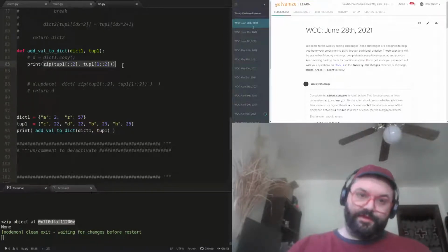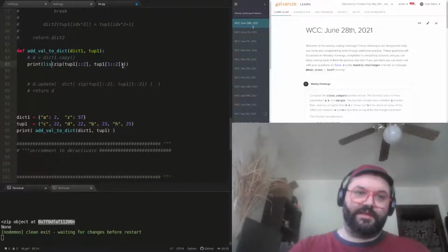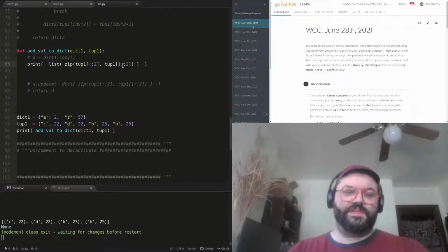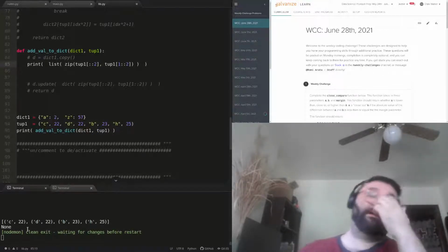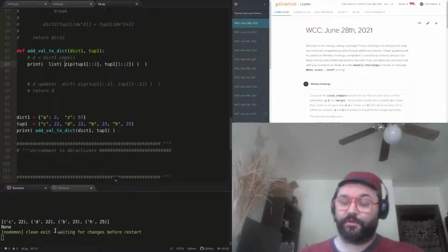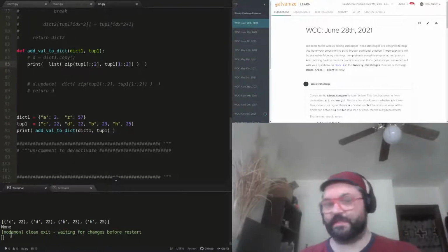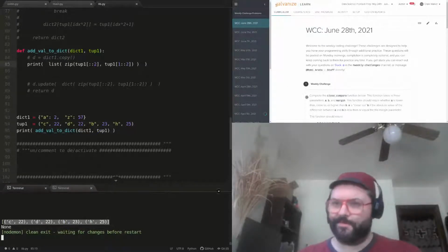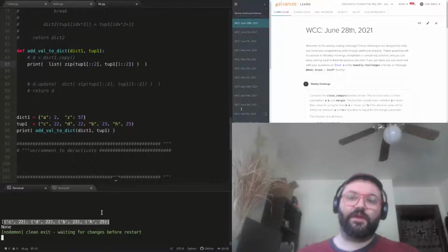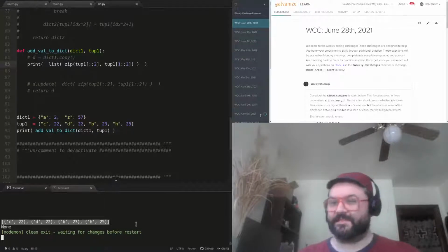What I can do with zip, though, is cast it to other things. I can cast it as a list, since it gives me a generator. So I'll cast this as a list. You can see when I cast this zip as a list, I get a list of tuples where each tuple has 2 objects in it. And this list of tuples kind of has a structure reminiscent of a dictionary. I happen to know that this structure is what I get when I cast a dictionary as a list,